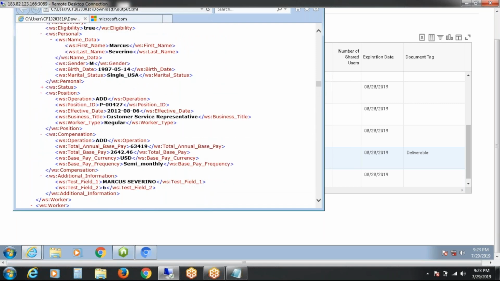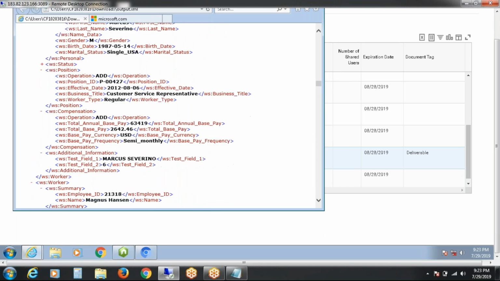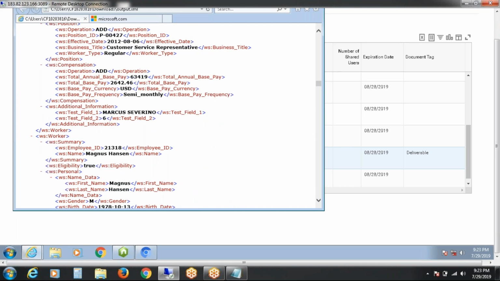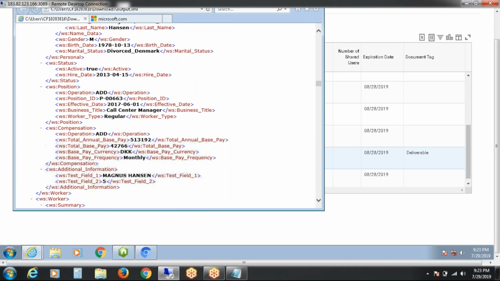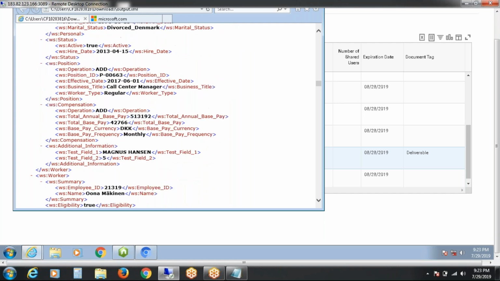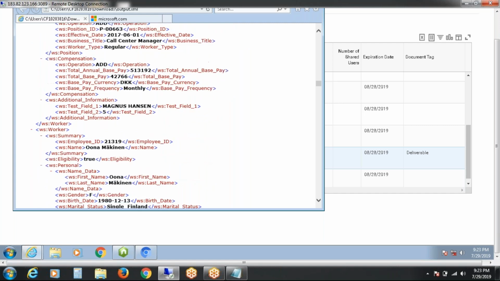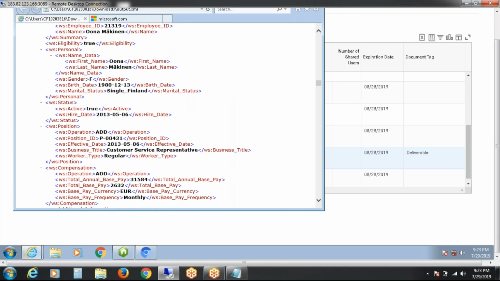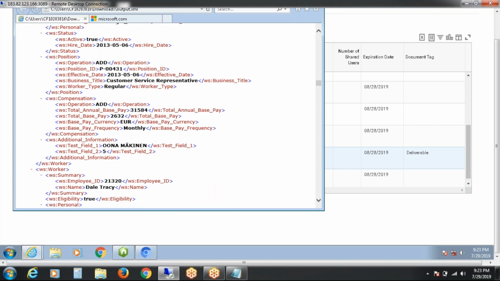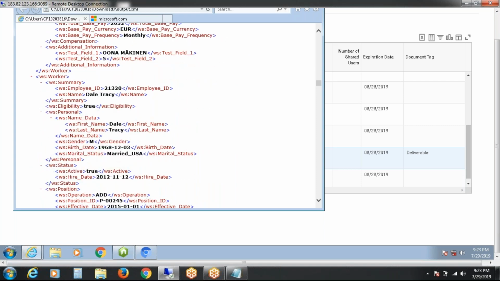Hold. I'm just seeing whether we can have any changed data to show.